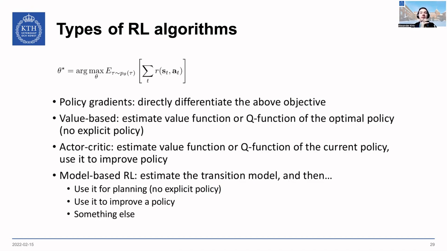Then the actor-critic models, they kind of combine these first two approaches. So they also work with the value function or Q function. But then they take the expressions for those functions and use them to calculate the policy gradient to improve the policy. And finally, we have the model-based methods, which is a huge family of methods